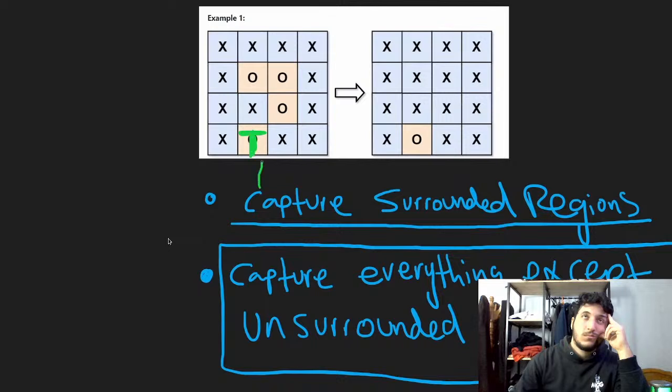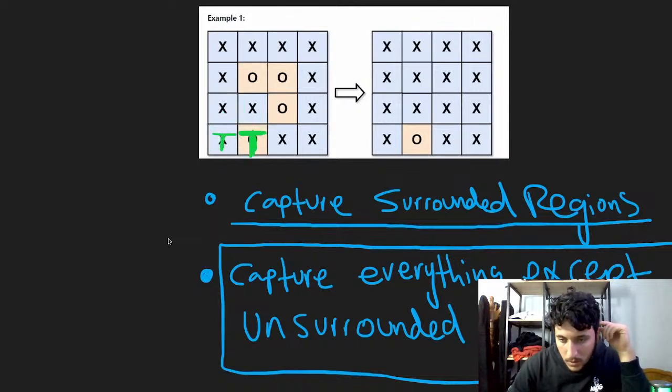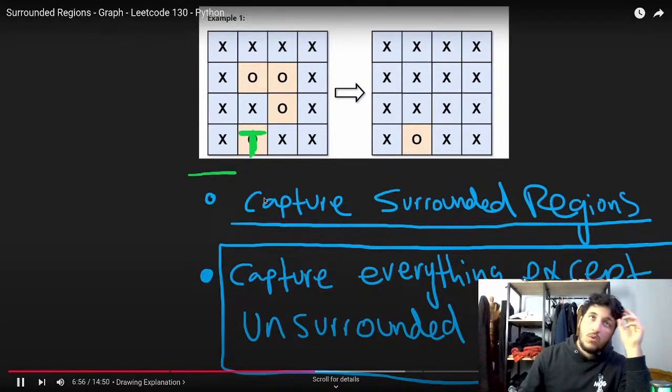Now, this O is not connected to anything. It could have been possible. Maybe there's another O over here, and it forms this region that's connected to the border, and then we would change all of those into T's as well. But in this case, it's just a region of size 1, so that's all we do. Now, why are we changing